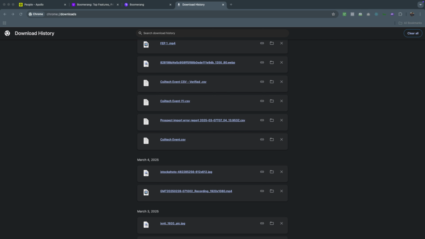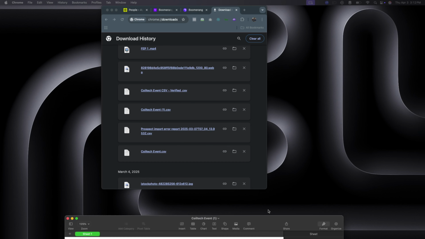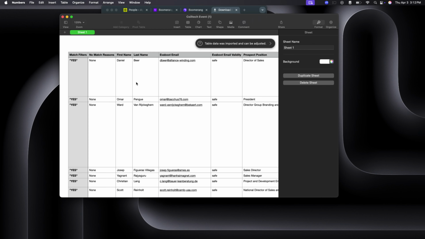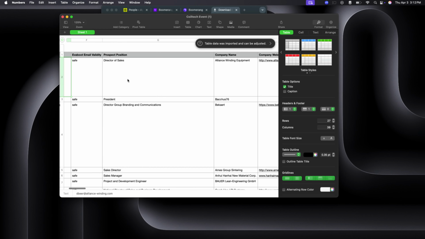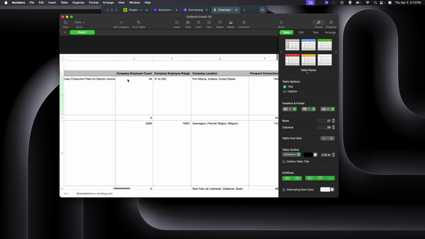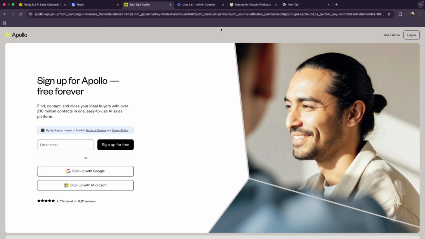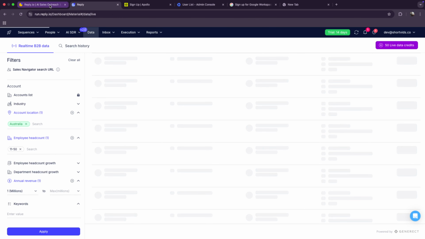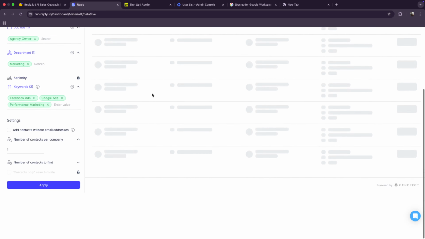This is the site, Boomerang. You get a CSV file, something like this, which I'm extracting for all of you. Okay, this is how it gives you email addresses. So Boomerang is used to get email addresses because that process is going to take some time. The columns are: first name, last name, the person's email, company website, prospect's location, URL, industry, specialty. All the data about the prospect is added.